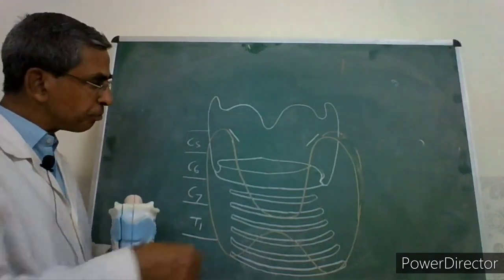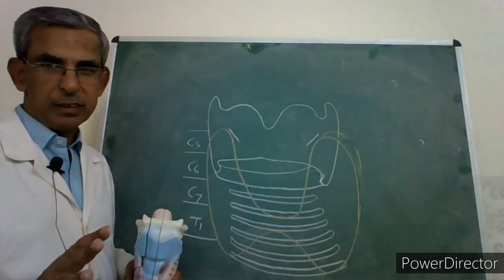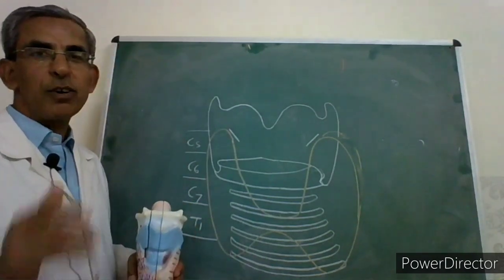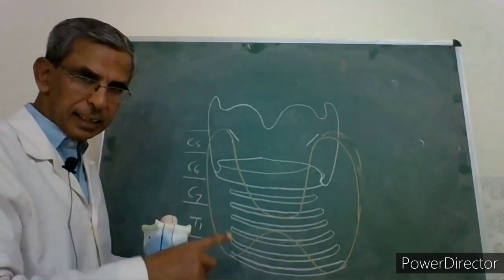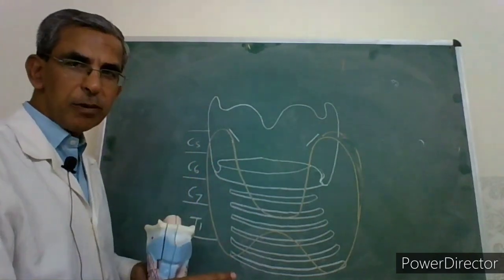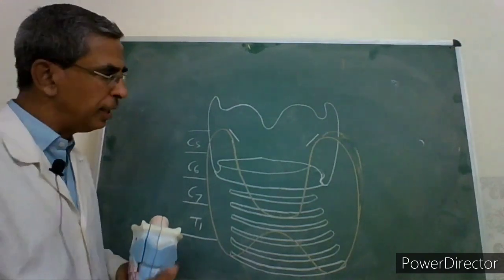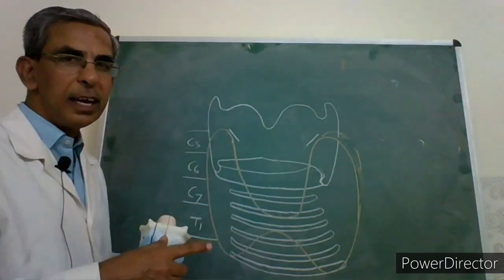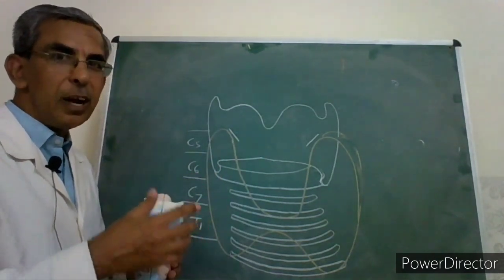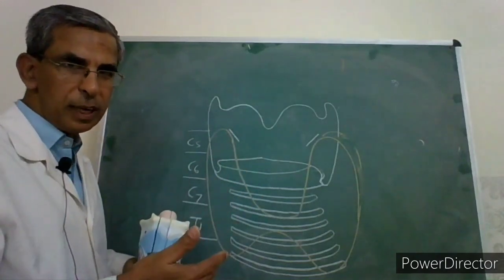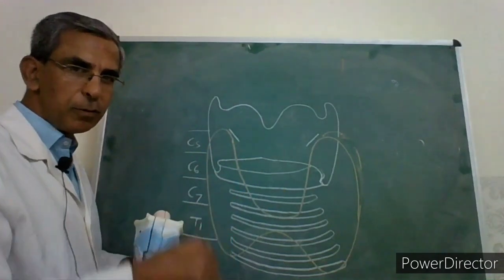Clear? Now, this thyroid gland is a unique gland because it has three features which are different from all the other endocrine glands. One, this thyroid gland synthesizes the hormone, stores the hormone, and when need arises, releases this thyroid hormone. Okay, first. Second thing, this is the only gland which depends for thyroid hormone synthesis and secretion on an external environmental source. Okay, external source, because we have to take iodine in the food, and this iodine is